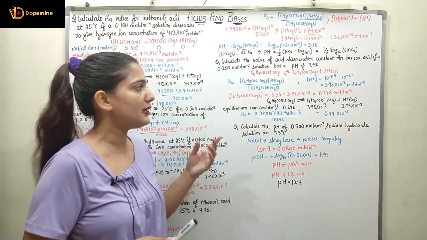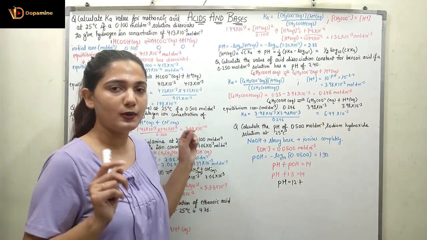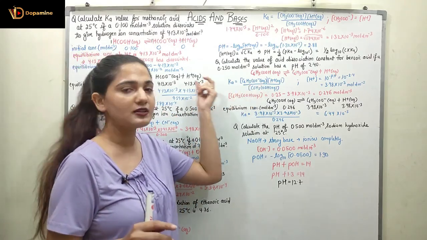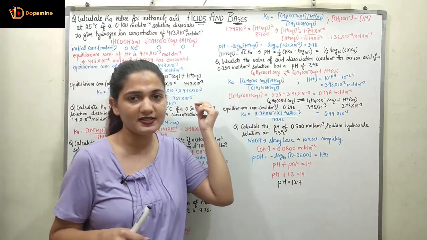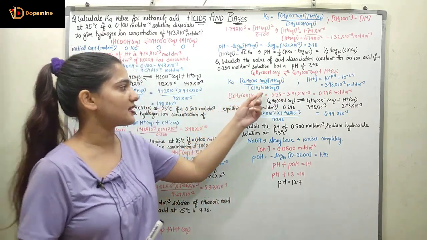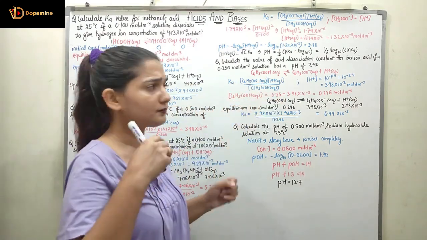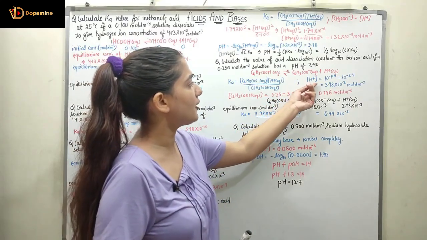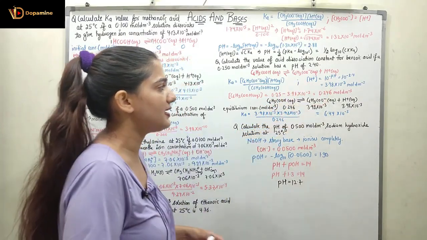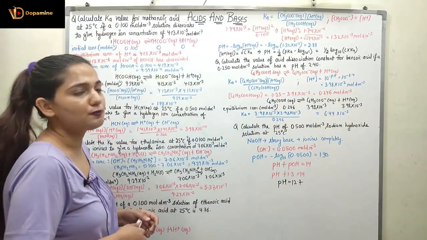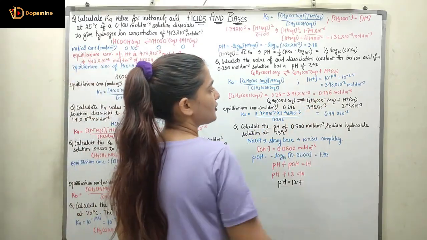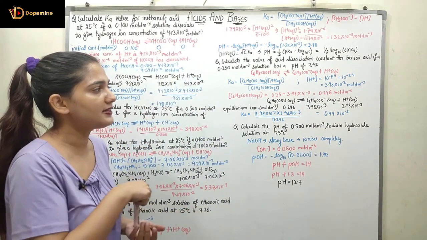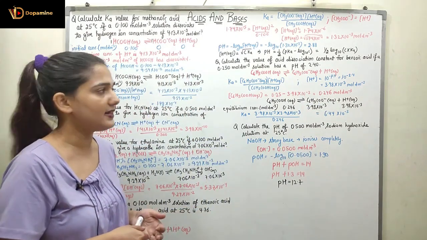If I see the Ka value, now you can write the Ka value. Very well you know what is the Ka value: C6H5COO negative's concentration multiplied with H plus concentration divided by C6H5COOH's concentration. Now, the concentration of H positive can be found out as 10 raised to power minus pH value. pH value is given 2.4, so we can find out the concentration of H positive as 10 raised to power minus 2.4, which is 3.98 into 10 raised to power minus 3 mole per decimeter cube.